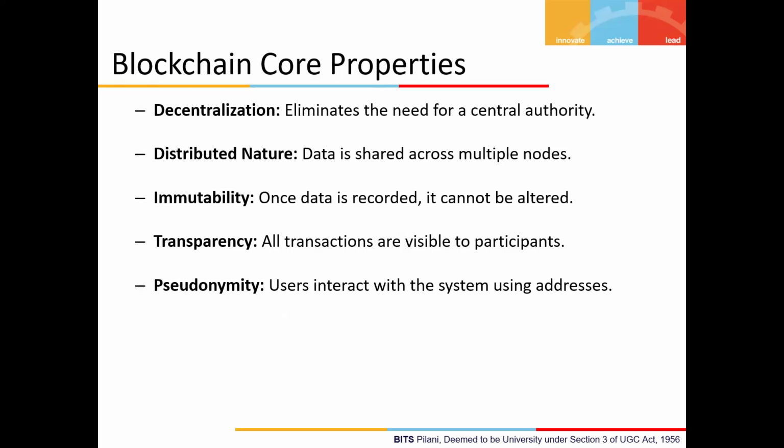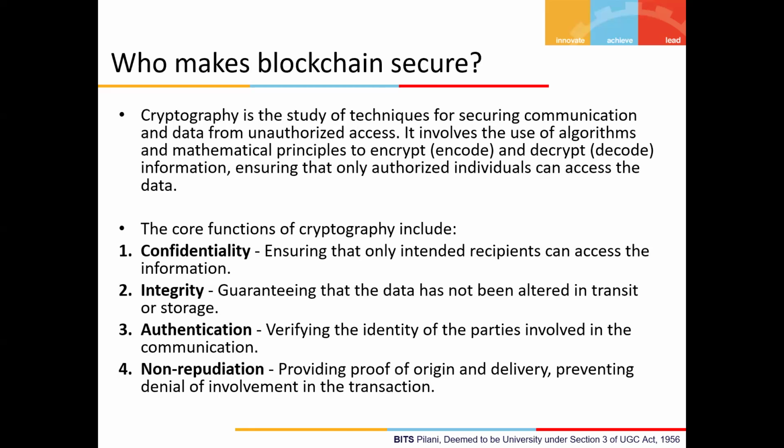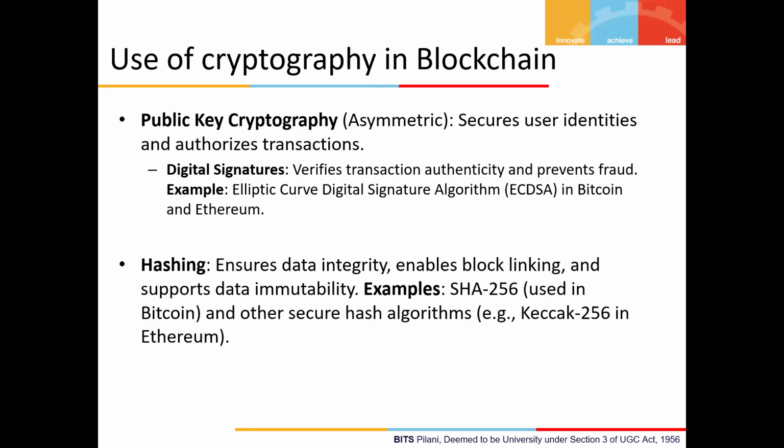Another one is transparency. In centralized applications, one of the major issues is transparency, which does not ensure trust among the users who are using that particular application. But in blockchain, due to this transparency, we can have trust that nothing is going wrong over the blockchain. And pseudonymity is another advantage of blockchain, right? Okay, so that's it for the introduction of blockchain part.